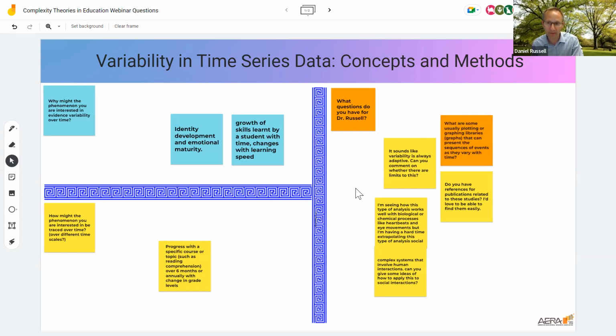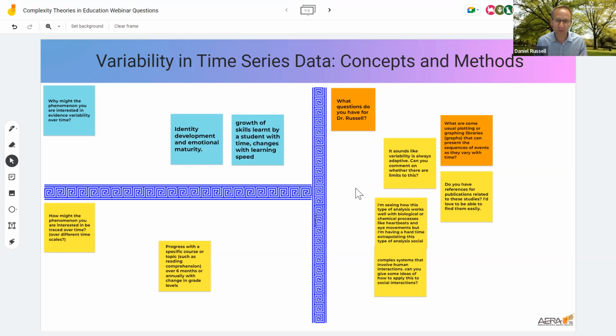I do think, though, the other thing that I'm trying to highlight here that maybe wasn't clear is, when we look at variability, I would say that standard deviation or coefficient of variation are measures of the magnitude of variability. These other measures that I've been talking through here, DFA, sample entropy, are looking at the structure of variability. And so one of the main ideas is that certain characteristics of variability are adaptive. We are testing that directly.